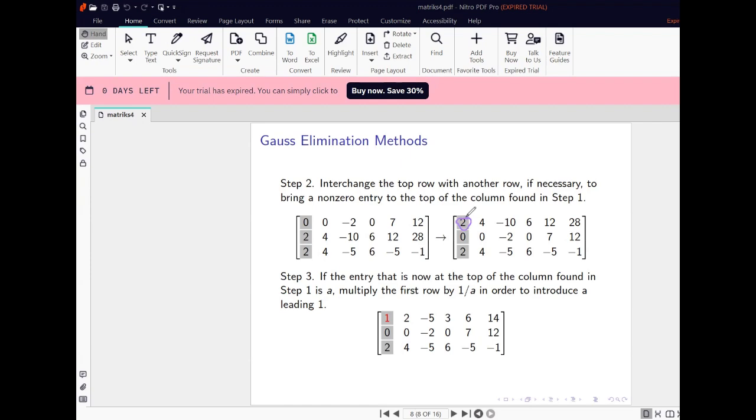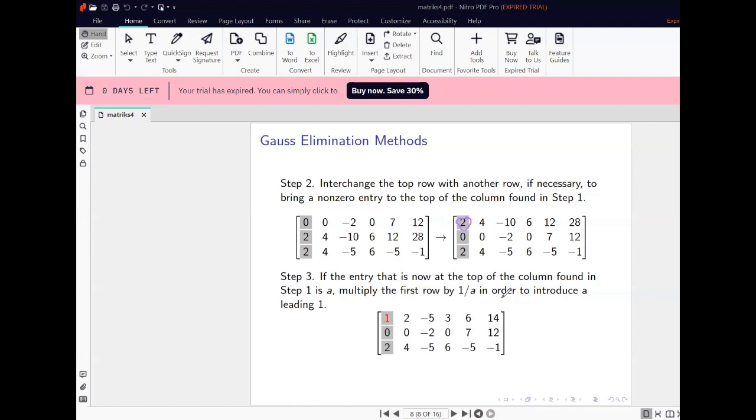How to change that? We have to multiply with a half to make it 1. Maybe you have a question: why do we not use operation number 3, where we multiply the third row by -1 and add the result into this row?